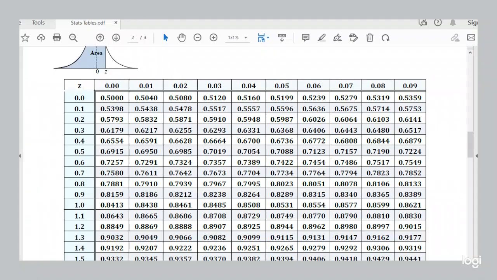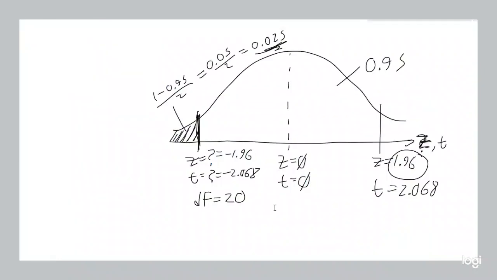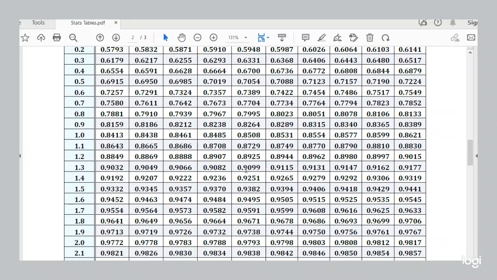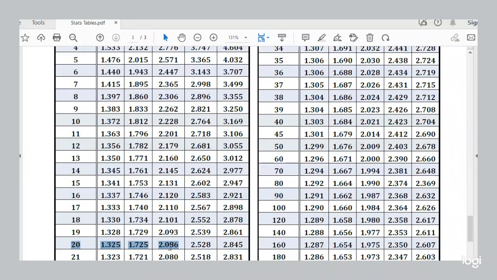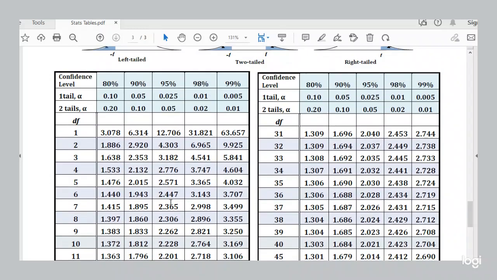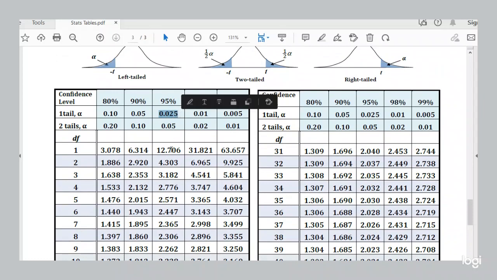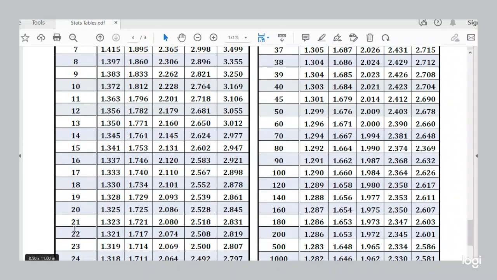And what did we have? We had 2.068. I think I just wrote that a little backwards. Let me check that. 20 degrees of freedom, yeah,